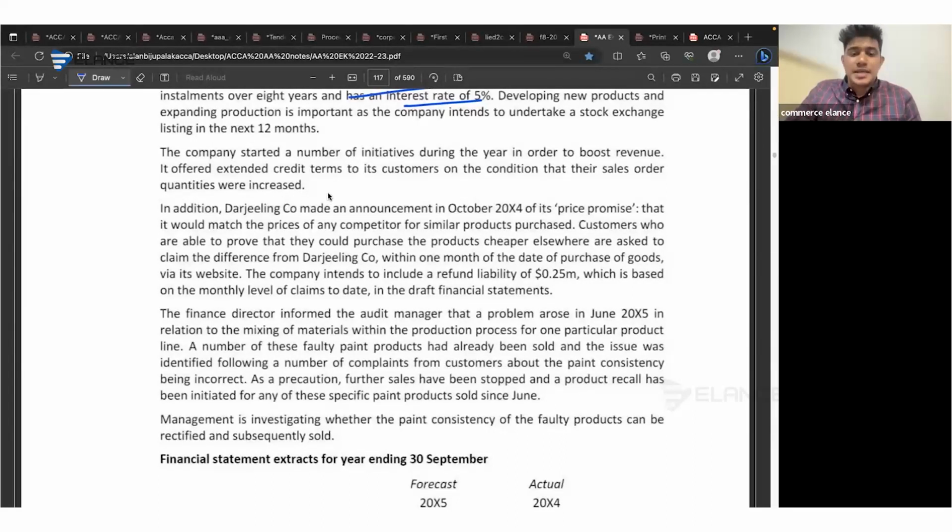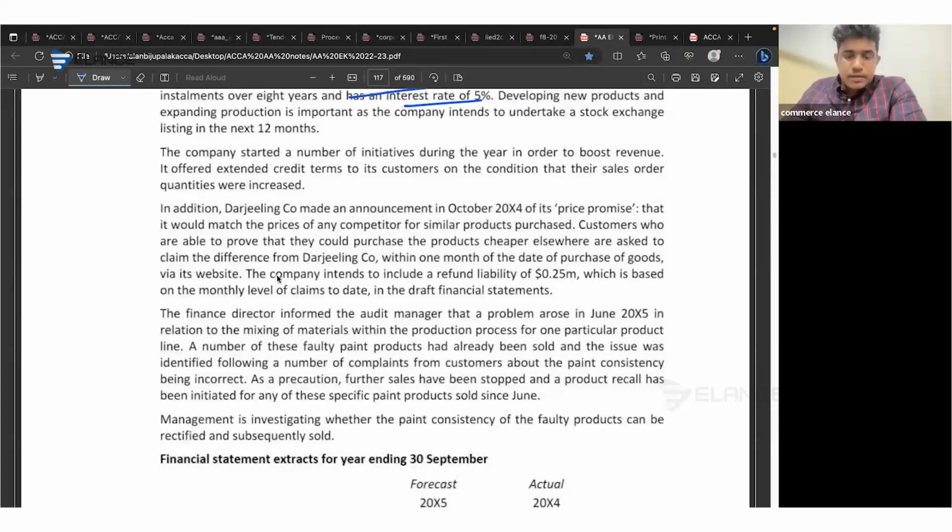The company started a number of initiatives during the year in order to boost the revenue. It offered extended credit terms to customers on condition that their sales order quantities were increased. In addition, Dazzling Company made an announcement in October 2014 of its price promise that it would match the price of any competitor for similar products purchased. Customers who are able to prove that they could purchase the products cheaper elsewhere are asked to claim the difference from Dazzling Company within 1 month of the date of purchase of the goods